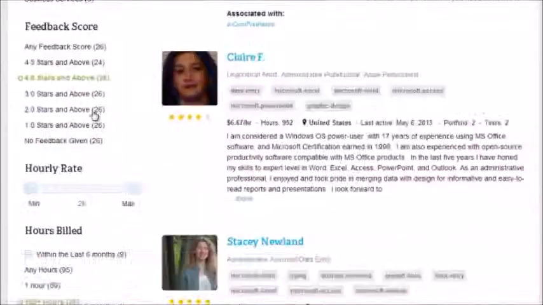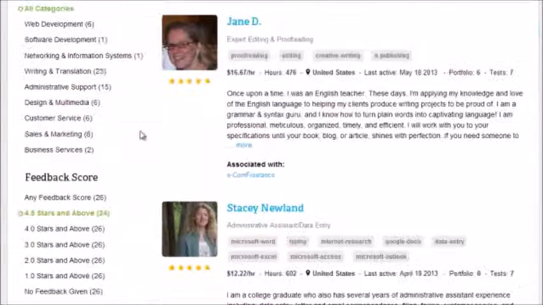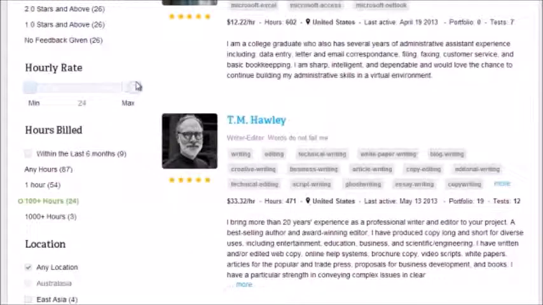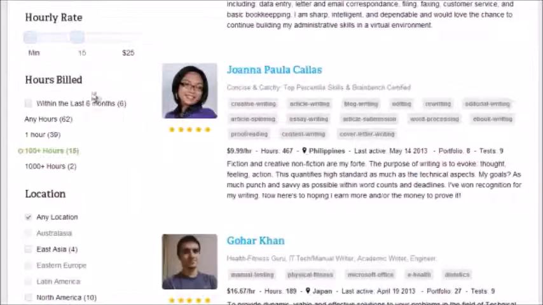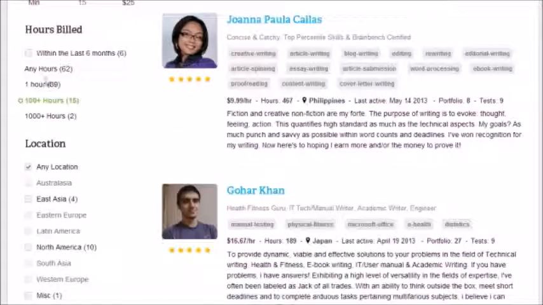So what I normally do is feedback score. I usually do 4.0 stars and above. You can do 4.5 stars and above as well. Hourly rate, I'd usually stick with max of 15. And what this does is it narrows it down a little bit. And then hours billed, I usually say 1 hour is fine,